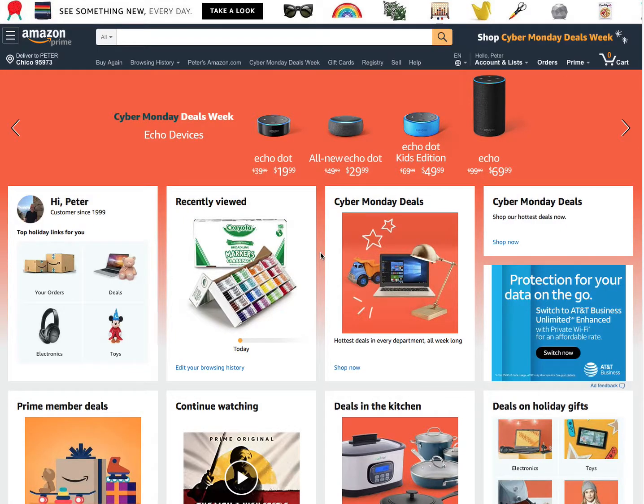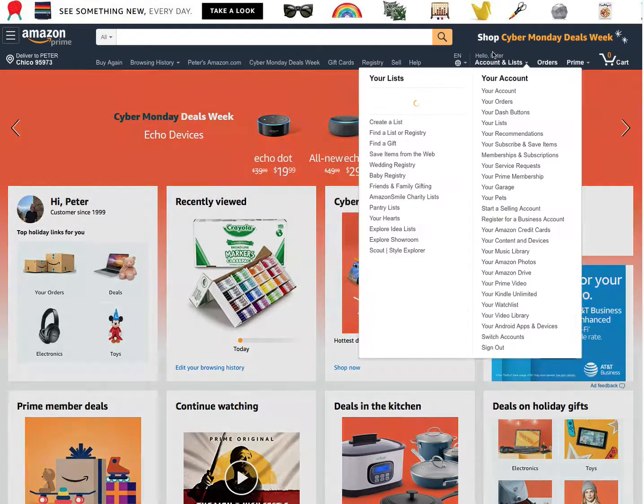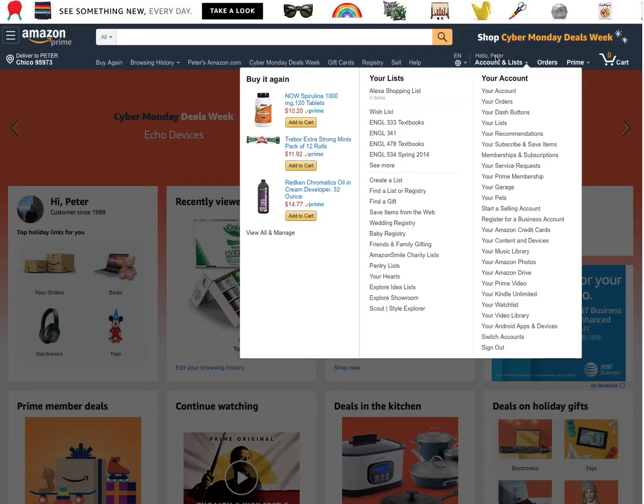I'm going to show you how to make a wish list on Amazon.com. So the first thing you need to do is just log into your Amazon account. If you don't have one, you can create one pretty easily. But once you're logged in, there's always a little thing up in this right-hand corner that has your name, hello,